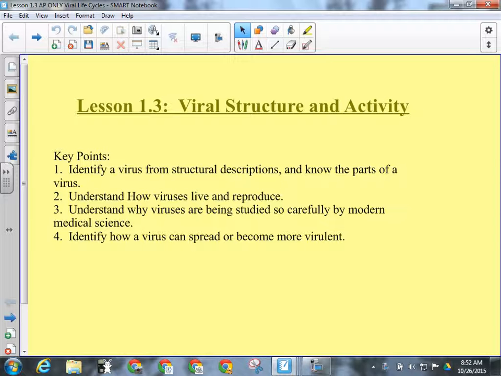So you need to be able to recognize a virus from a structural description or a picture. Know the parts of the virus: protein shell, strand of genetic material. That's pretty easy. All right, labeling would be simple on that one. Okay, understand how viruses live and reproduce. Understand why viruses are being studied so carefully by modern medical science, and identify how a virus can spread or